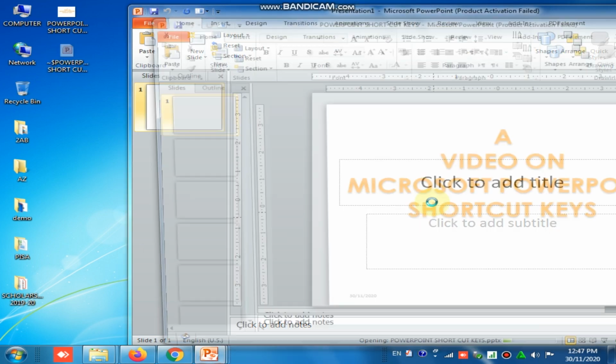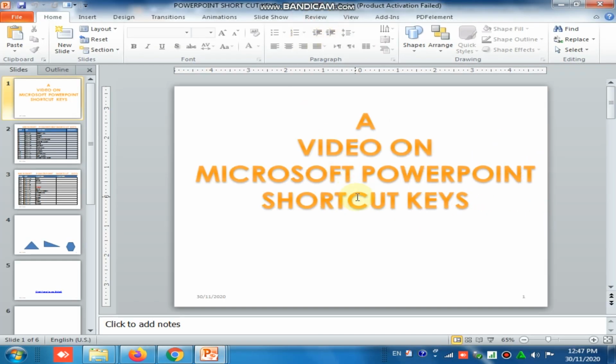The file extension of PowerPoint is PPT for 97 to 2003, and if it is 2010 PowerPoint, PPTX. They will ask the difference between PPT and PPTX. PPT means the old version, it will open in 97 to 2003 MS Office. If it is above 2003, PPTX will be there.